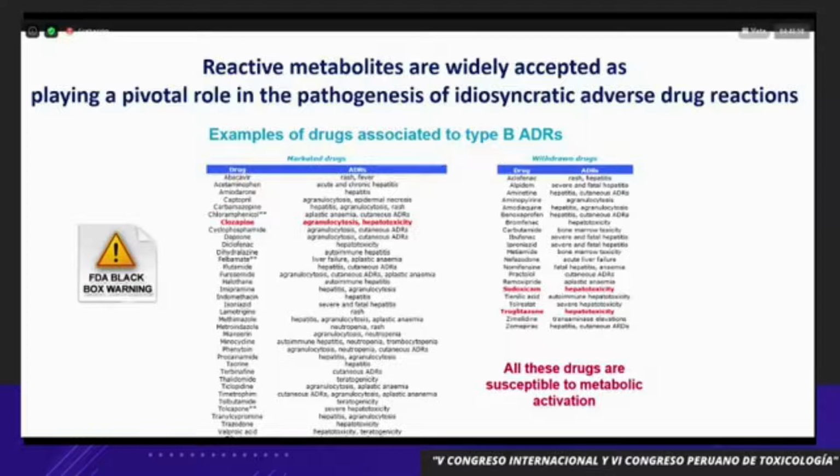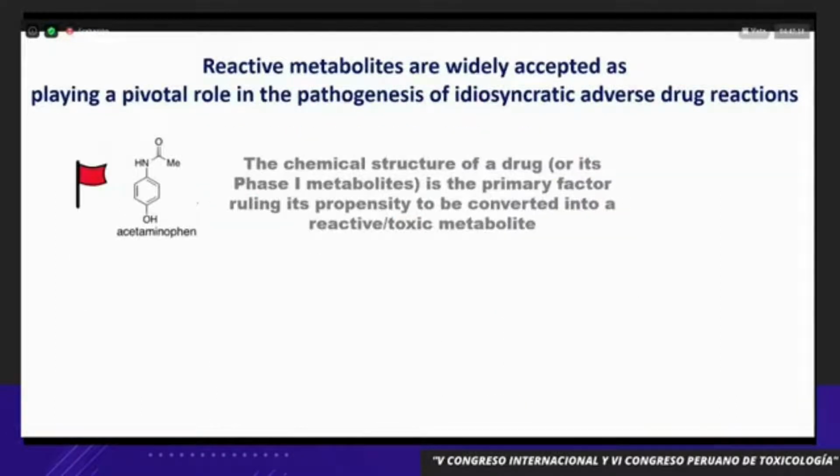And there are many examples of drugs that are currently in clinical use that are linked with ADRs through the formation of reactive metabolites and through the metabolic activation. In fact, the chemical structure of the drug or of its phase 1 metabolites is the primary factor ruling its propensity to be converted into a reactive metabolite or a toxic metabolite. And this is widely accepted within the pharmaceutical industry. And currently we know already that there are some chemical features or chemical structures that constitute a red alert in terms of toxicity. And